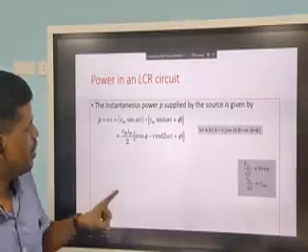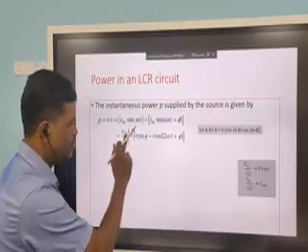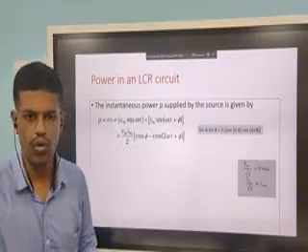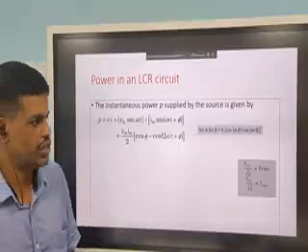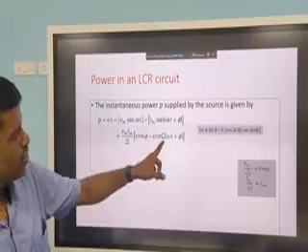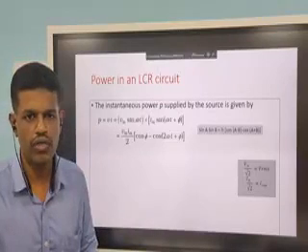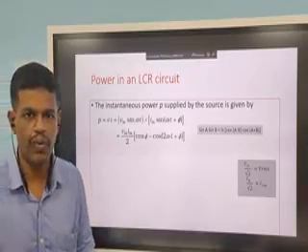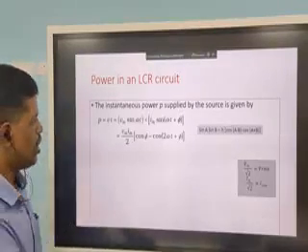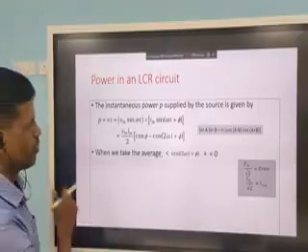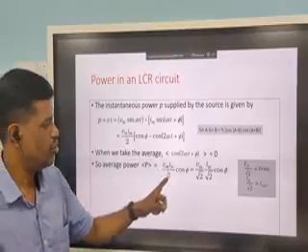Now, if we take the average of this, Vm, Im, cos phi, all these are constants. There is no meaning in taking the average of a constant because it always remains the same. So, the average operation is only for the term cos(2 omega t plus phi). But what is the average of cos(2 omega t plus phi) over a complete cycle? We have shown that it is equal to 0. So, average power P is equal to Vm Im by 2 cos phi,